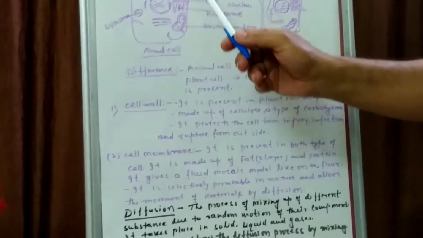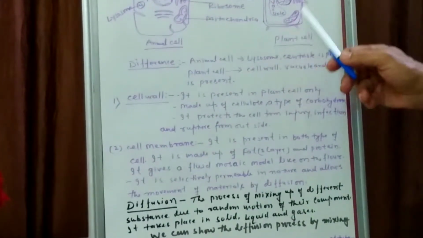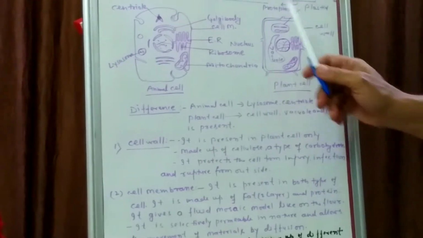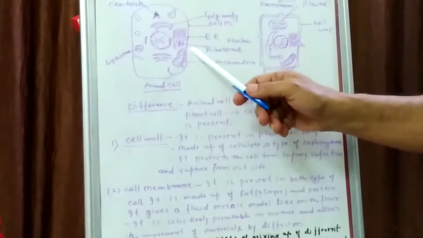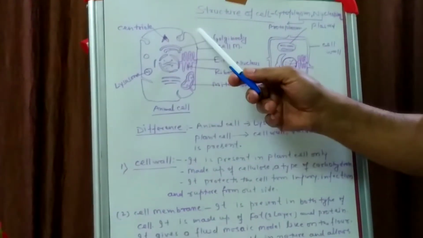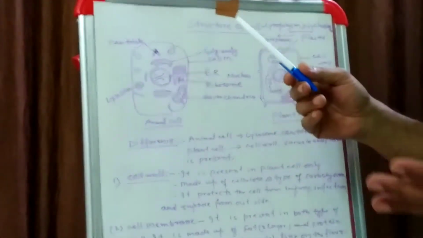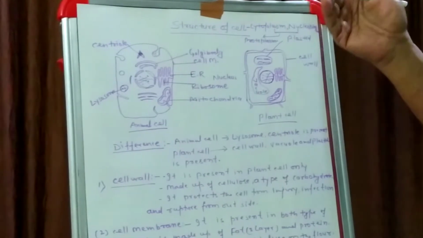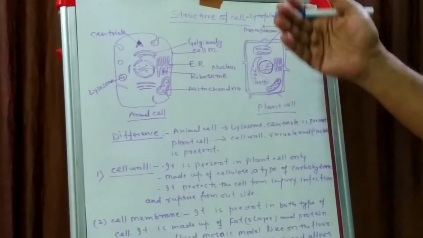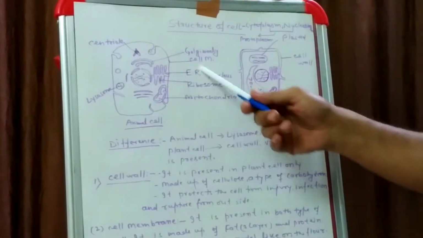Second, there is the cell membrane. This cell membrane is present in the animal cell as well as in the plant cell. This is the boundary of the animal cells, and it is the second layer in the plant cells, and it is the first outermost layer of the animal cell. This cell membrane, also known as the plasma membrane, is selectively permeable in nature. It means it selects which materials are allowed inside or not. The materials which are useful for the cells, it allows to enter into the cells, and materials which are harmful, it allows to move out of the cells.